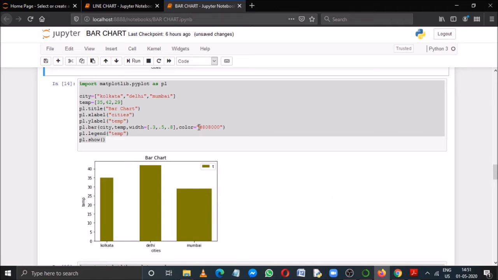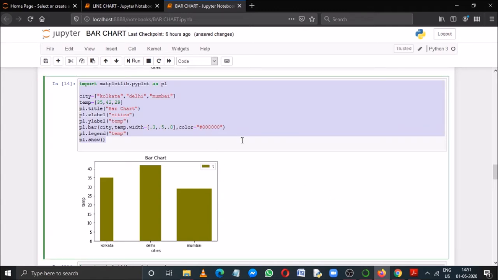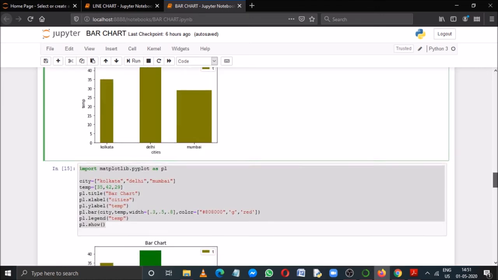Here I have passed a hexadecimal color code string, that is hashtag 808000. This is a hexadecimal color code string for the color olive. That's why the bars are appearing in olive color. So like this you can change the colors of your bar.